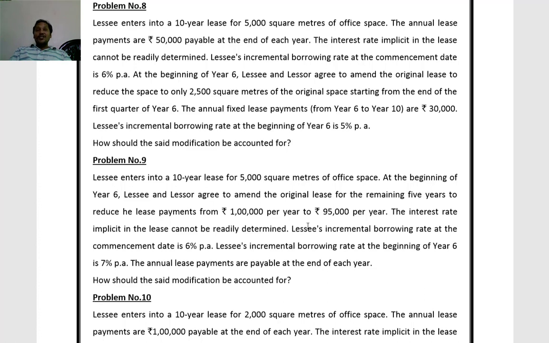So we have to remeasure the liability at the revised discounting rate, comparing with the existing balance of liability, so that the increase or decrease in liability has to be incorporated. To that extent, the ROU asset also has to be changed. So first step, we will go for the initial measurement of lease liability. Lease term 10 years, original lease term, lease rent 1 lakh, and discounting rate is 6%. With that, we can arrive at the initial lease liability.